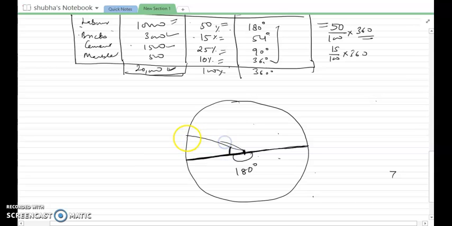Then after this, this will act as your baseline, and you have to make another line, right? Another one is 90 degrees. So we'll make a 90 degree angle here. That means this will be a 90 degree angle, and this will remain 36 degrees. My degrees may have gone a bit wrong, but you have to draw it using a protractor, right? You will draw it using a protractor. I'm not having a protractor, but you have to do it using a protractor.